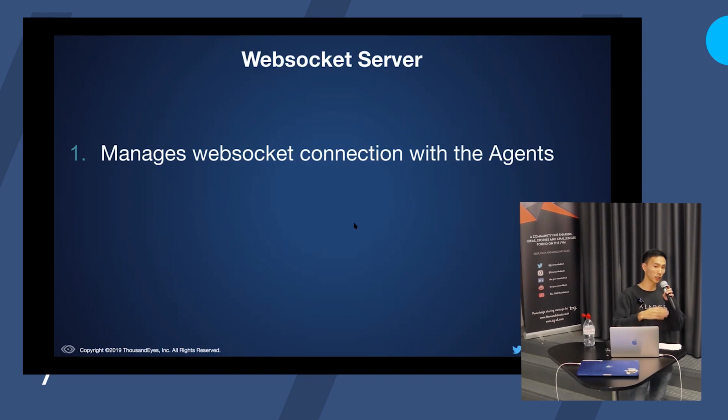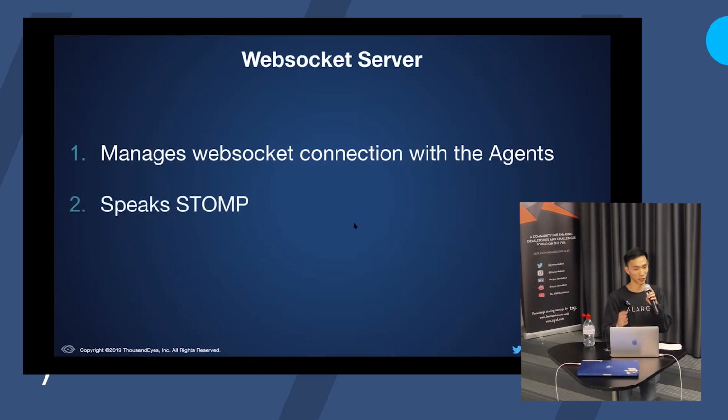But it's usually a good idea to define an application level protocol for the stuff that you're allowed to send and receive along the WebSocket connection. And so for this, we use Stomp. Maybe some of you have heard of Stomp, but it's just a protocol that defines what messages are allowed to go through the WebSocket connection. It's a protocol that's been around for a while now. It's pretty simple to understand, and it kind of just works. So that's why we chose it.